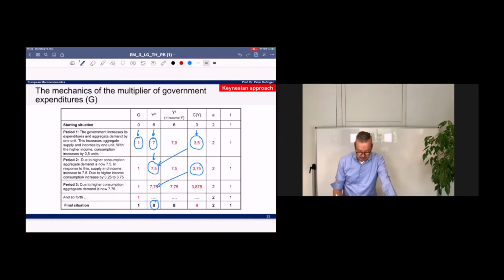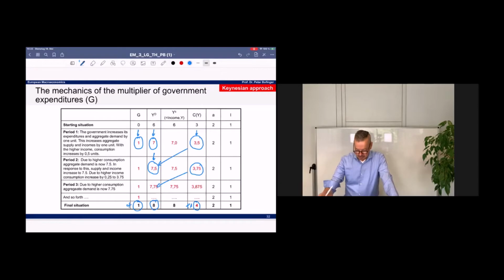And it means that this increase by 2 units means 1 additional unit, which is the initial effect of government expenditures, and 1 additional unit of private consumption, which is the multiplier effects due to the higher government expenditures. Okay, so that's nice effect, which means that governments can be very effective,